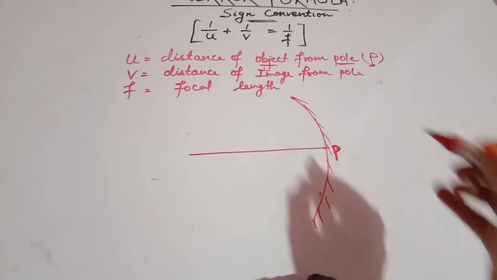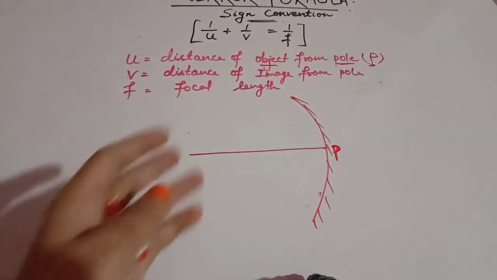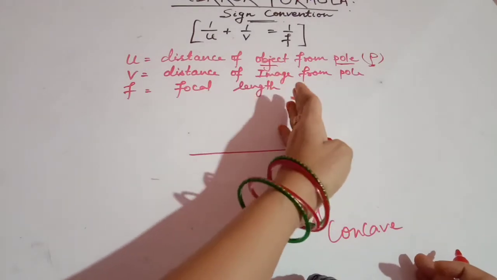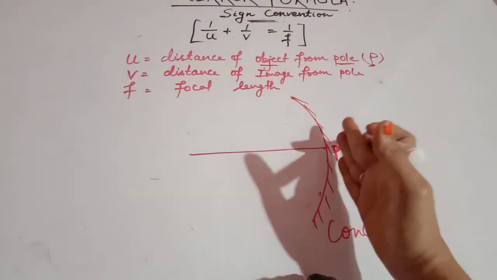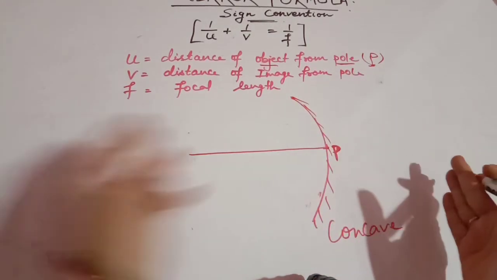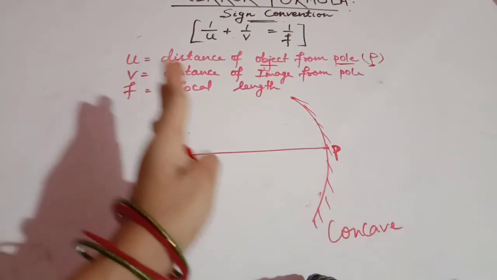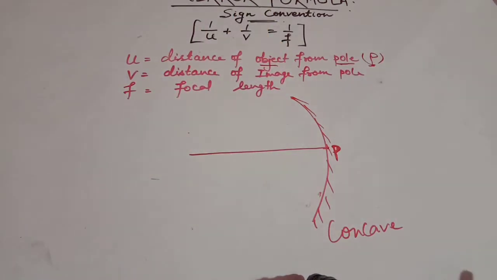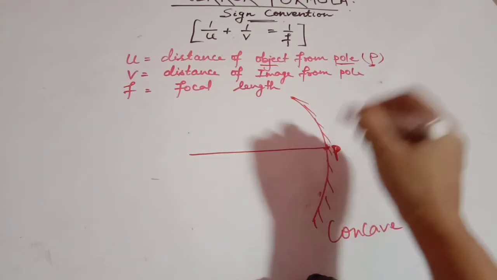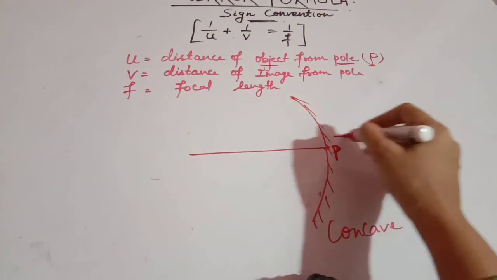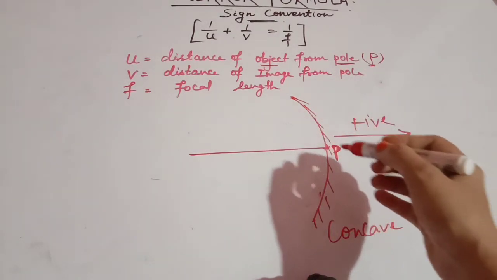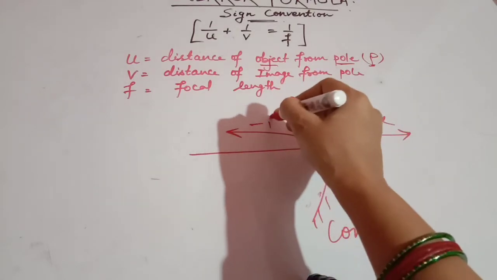We kept the object always on the left side of the mirror. So you know what happened? Always we kept the object on this side. So this is which side? From P. You have to think from P. From the pole, this is the right side and this side is the left side. So the object is always kept on the left side. From P, it's a very simple rule, children. From P, if anything is towards the right side, it is positive. If anything is towards the left side, it is negative.